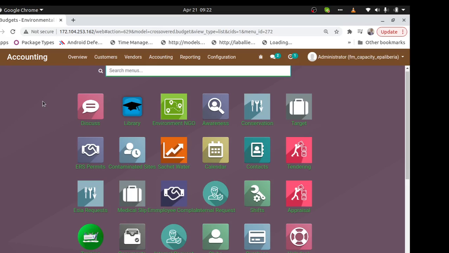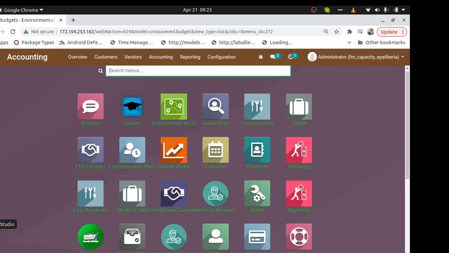Like for instance, you can also receive money on the project. Maybe they fund and send 10 million. I know the minister received it, but you can also receive directly. But now I'm just going to focus on expenses. Let's say with the environmental declaration, there is an expense for documentation, they want some photocopying papers. How do they proceed? They have to make a request, and the request will go through approvals, and after approvals, it will create a purchase order. After the purchase order, it will create an accounting invoice, and then we can proceed from there.